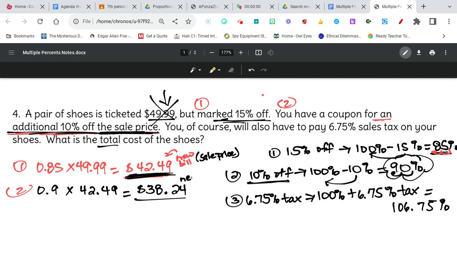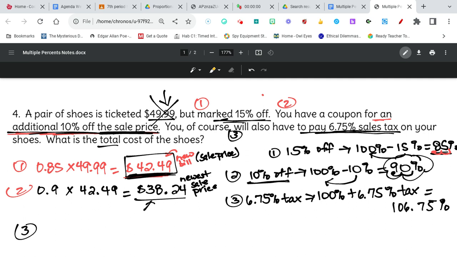That is the newest sale price. The original sale price was this, and the newest sale price is this one, okay? So let's take a look at the third one because we got a third one. All right, so after you get the 10%, 15% off, and then you get an additional 10, here's the third one. Yet you, of course, will still have to pay the sales tax, guys, and it's